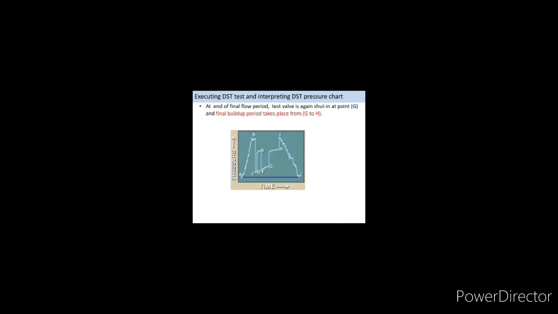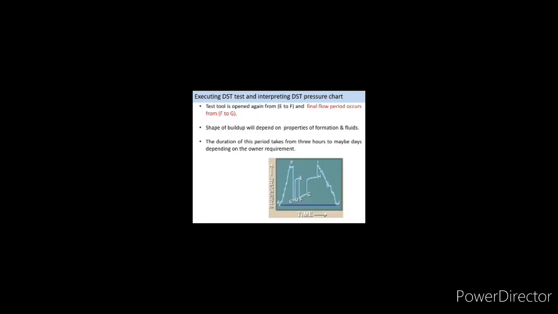Now from G to H there is one line which is drawn from I to H to I. So this we'll discuss later on. As I discussed, the time required for G2H will depend on the respective company, what they want to know. Now after that